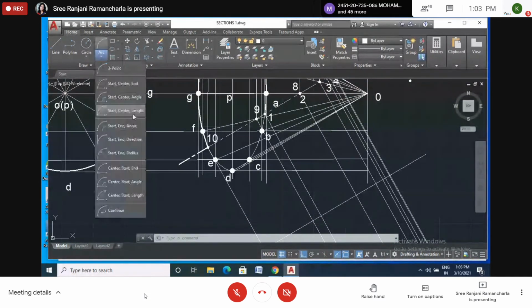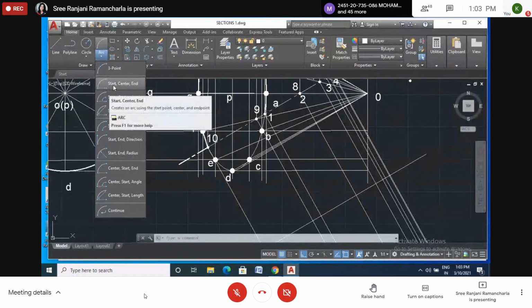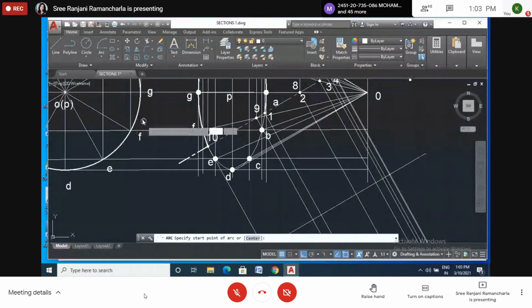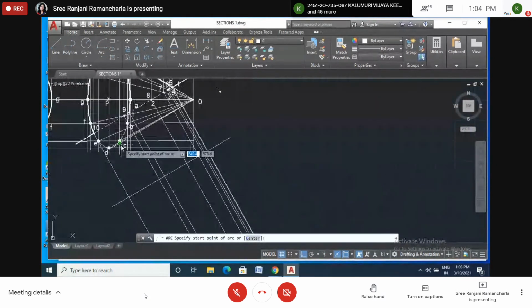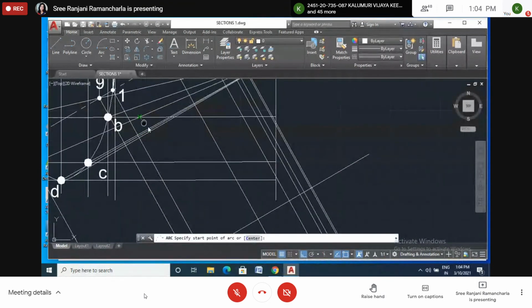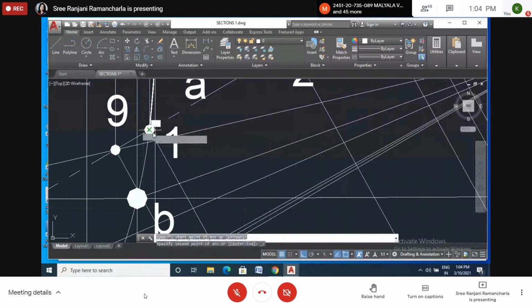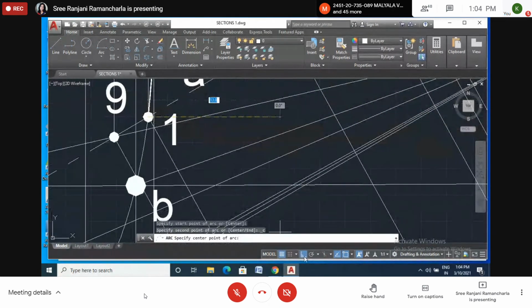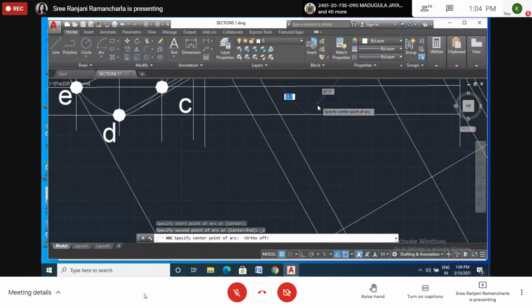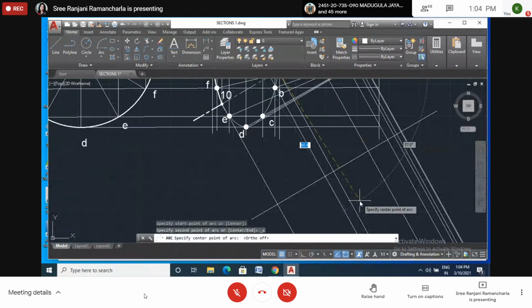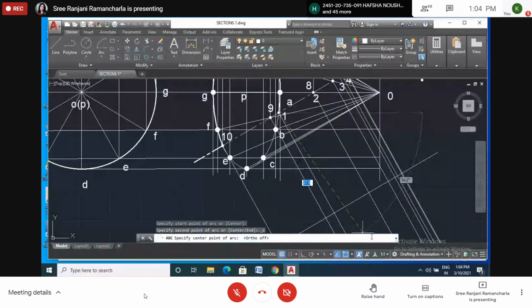Arc, start, center, end. From where A is there? This is point A. Okay. 52.8. So not from here.